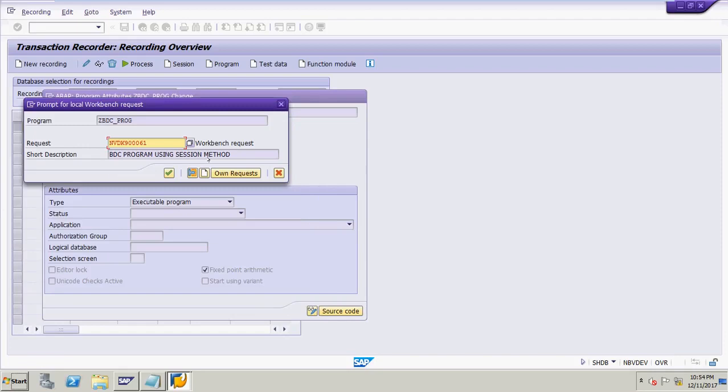Give a meaningful name. It is good practice for ABAPers, end users or clients who want to see the program, so they will easily understand what you are writing or what you are going to do. Click on the continue button.